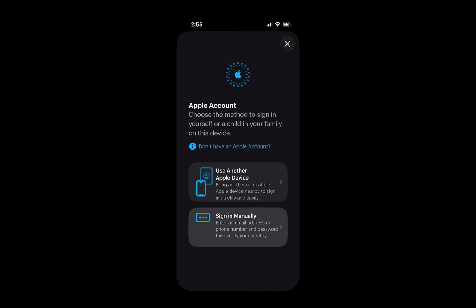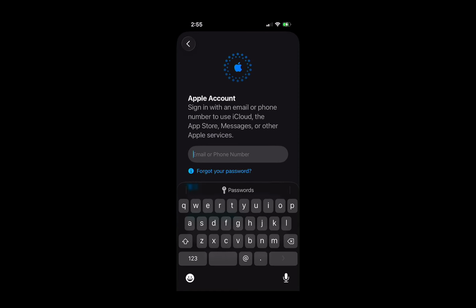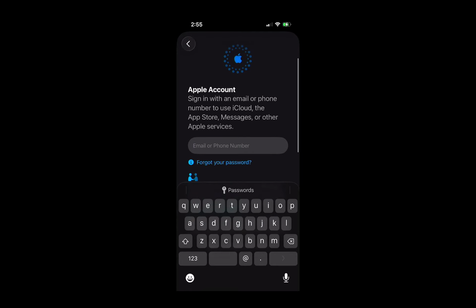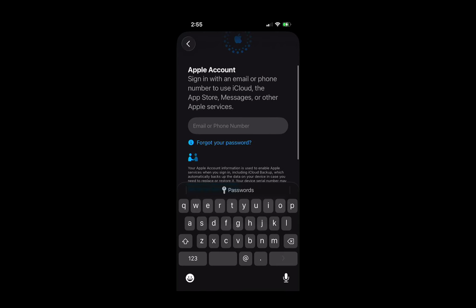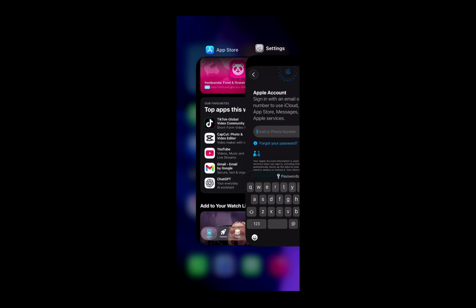Enter the email address or phone number you use for your Apple account, then type your password carefully. If you're prompted for a 6-digit verification code, check your trusted Apple devices or your text messages and enter the code right away. This is two-factor authentication, and it helps keep your account secure. Once you finish, your iPhone is signed in system-wide, which means the App Store connects automatically.